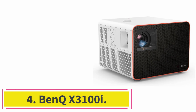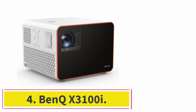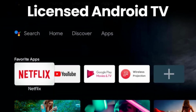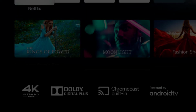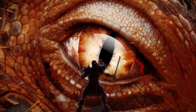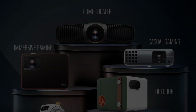At number 4. BenQ X3100i. The BenQ X3100i, BenQ's current flagship gaming projector, ratchets up the bar set by the model it's in the process of replacing, which was already our top pick both for 4K gaming and gaming overall. Its newfound features include a 10% boost in brightness, to 3300 ANSI lumens,